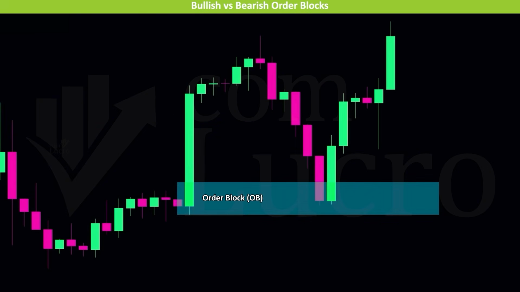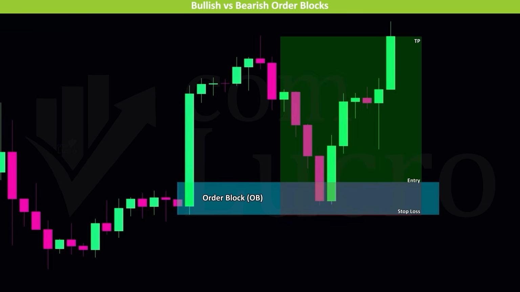Once an order block has been clearly identified, it often becomes an area of interest because price has a tendency to revisit and react from that zone. It is common to see price return to the order block and then respond with a bounce or continuation. In this example, entering at the order block would have produced a favorable move, clearly illustrating how price can react